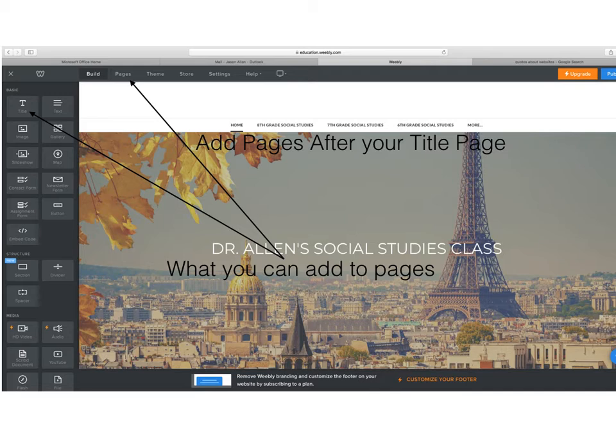As you can see, you would take the title and click it right in the middle, and that's where I would write Dr. Allen's social studies page. Also, those things at the top where it says home, 8th grade social studies, 7th grade social studies, 6th grade social studies, these are different pages. You have to build those separately, so you would hit the page tab and then you could work on that